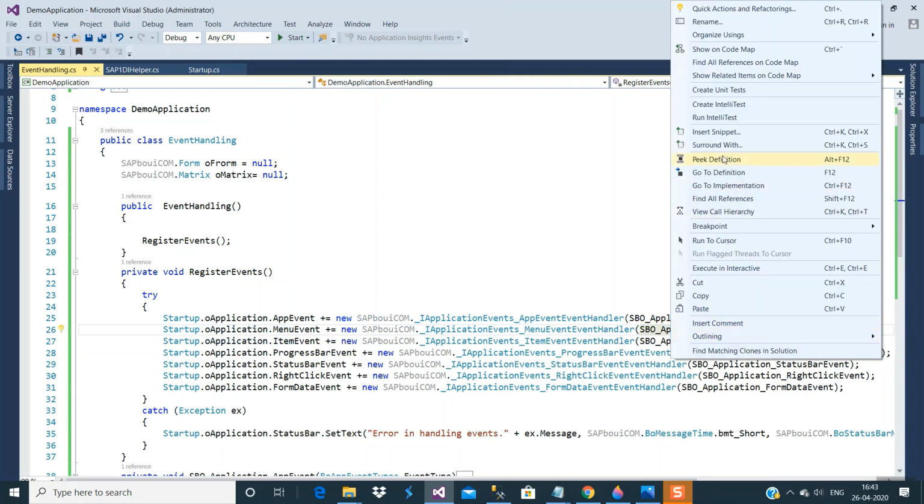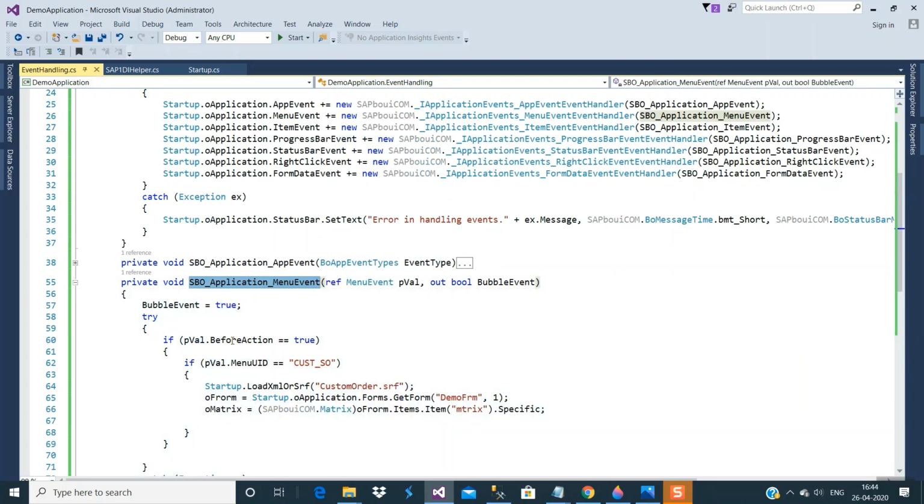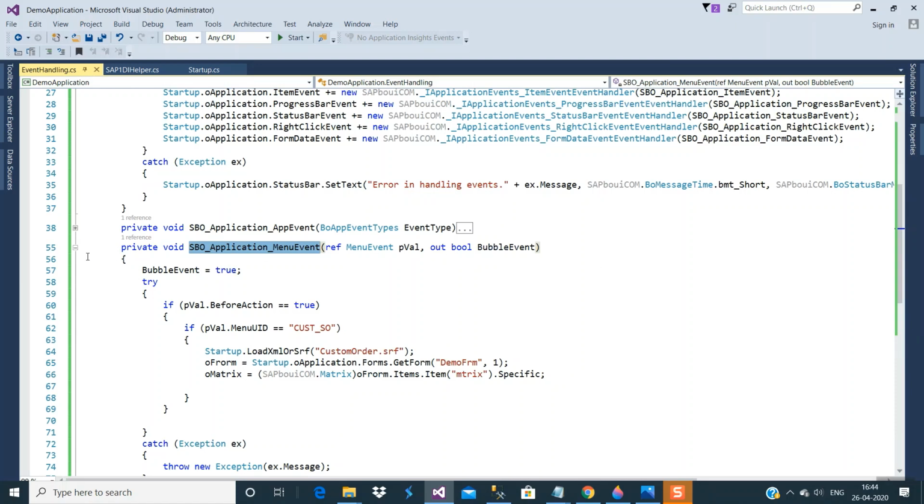For menu click, you can see that we have set the bubble event true, so that we can take control from SAP Business One to execute our code, and we checked that bubble event before action equals true. Then we passed the menu unique ID as we have created.